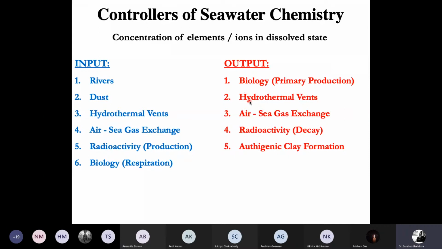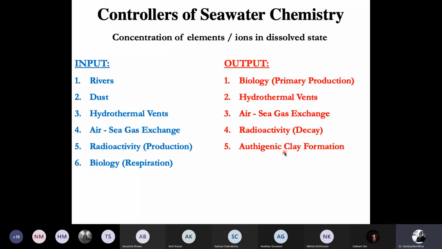Some elements are removed in hydrothermal vents, some elements are added via hydrothermal vents. Air-sea gas exchange can also lead to escape of gases dissolved in seawater. Radioactivity in the form of decay can lower the concentration. And then there is the authigenic or the in situ clay formation, the constant reaction that is going on at the bottom of the ocean at a very slow rate, but over such a large area that it is one of the primary drivers of seawater chemistry. So we're going to try and understand the river bit